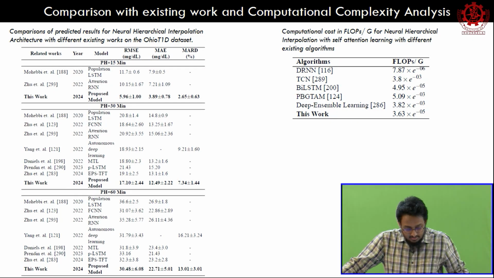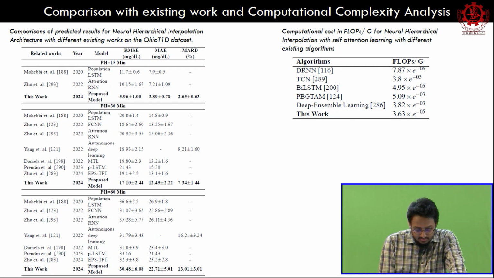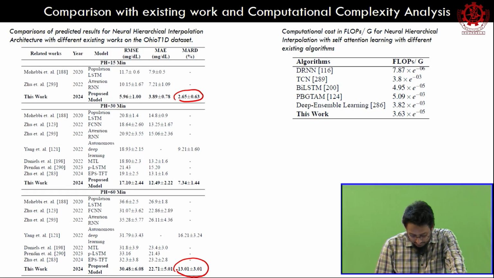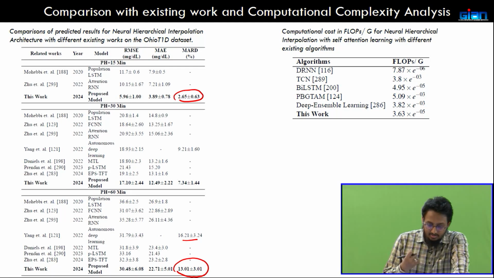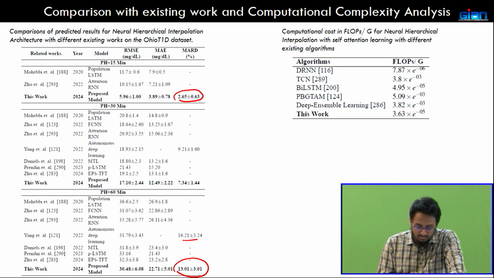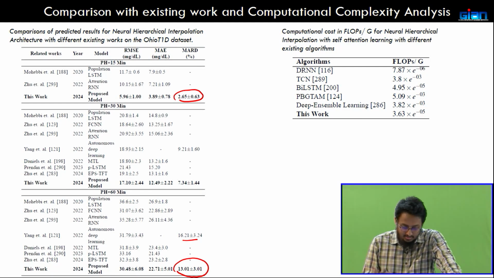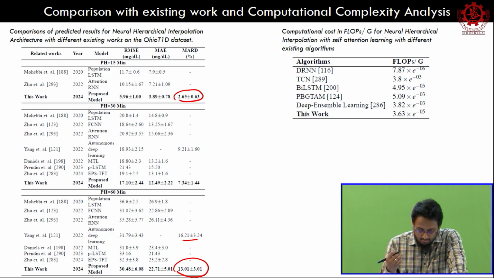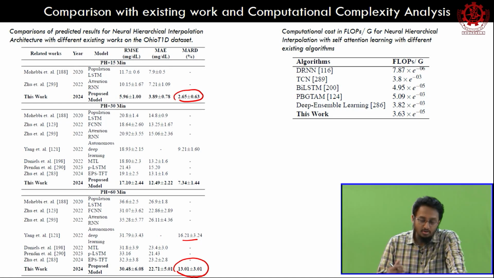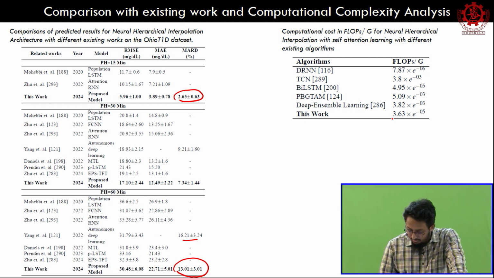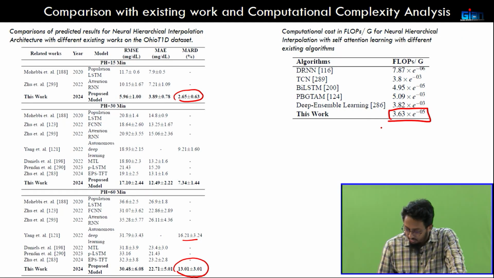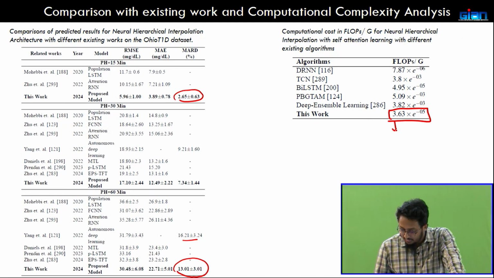If you look at this work here, in terms of MARD, our model performs quite well compared to previous works. MARD is the parameter which is used to judge the performance of a sensor, or in this case a prediction algorithm. MARD stands for mean absolute relative difference, just to recall for all of you. Over here, if you look into the FLOPs also, the number of FLOPs being used is better than